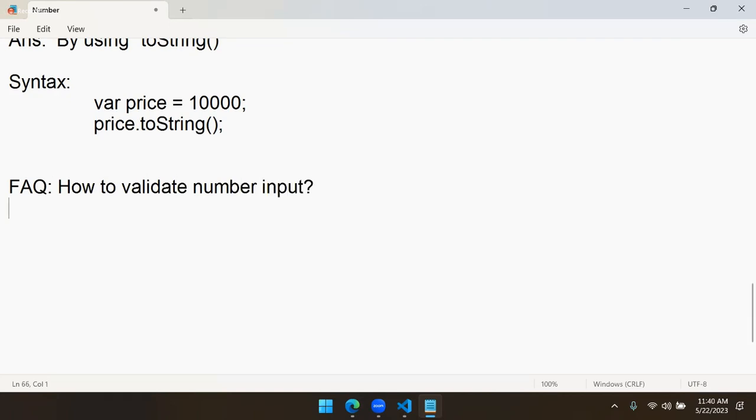How to validate number input? That means anybody enters, I need to verify is it a number or not. If it is not a number, we should say invalid. For that, we have the isNaN function. It is a Boolean function